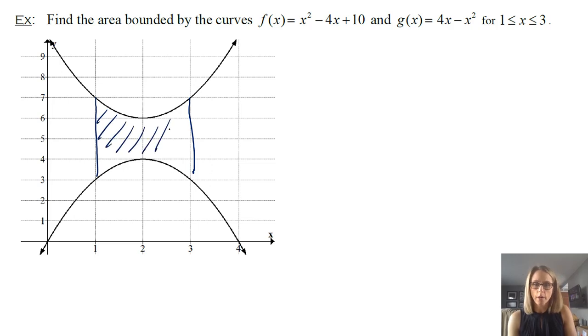And this is the amount of area that I'm trying to find. All of my scaling here is by 1, so you can even get an estimate of what you think your answer should be by understanding how many of those little 1 unit squares you have that are being shaded.